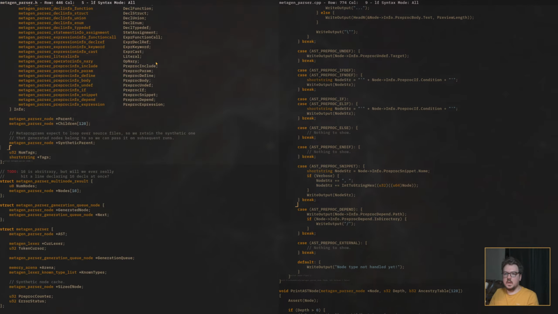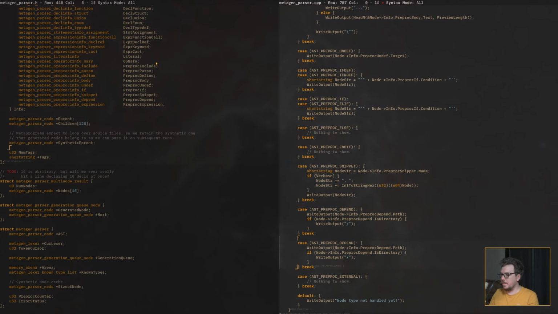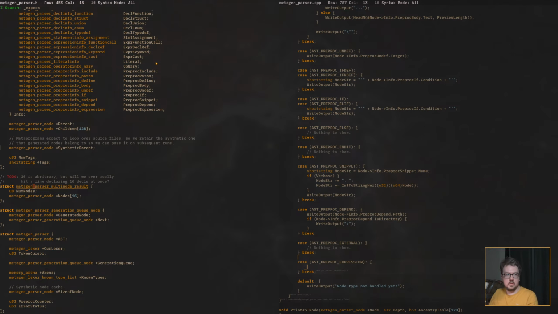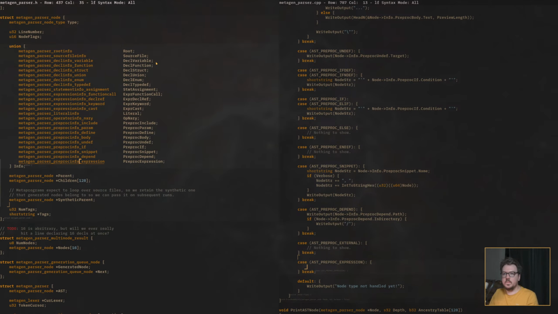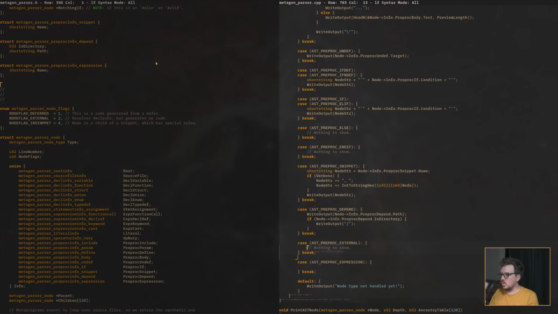So the expression will be just the name. We just want the name. So we will print out node info preproc expression name.